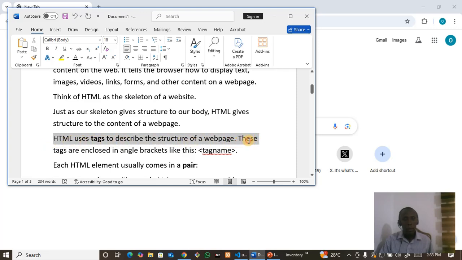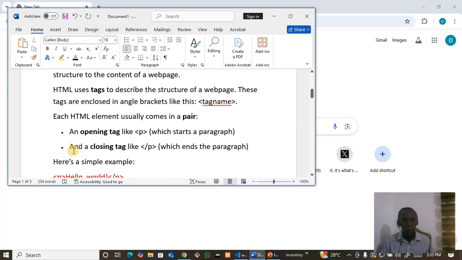Just like we have words that make up a language, we have tags. We have tags in HTML. These tags are like the words, the building blocks of the HTML language. You know, when you join many tags together, you make a web page. Alright, so these tags,